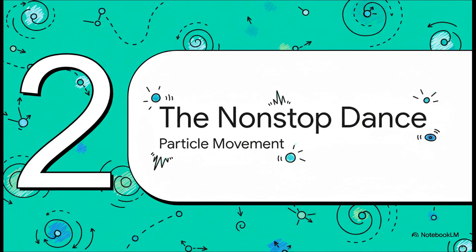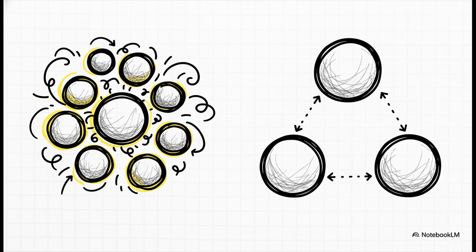The really cool part, the second clue we need, is what these little guys are up to all the time. And here's the absolute game changer. There are two rules you really need to know. Rule 1, these particles are always moving. They never ever stop. It's like they're in a constant dance. And rule 2, there are always spaces between them. Always. These two simple rules, honestly, they explain so much, as you're about to see.